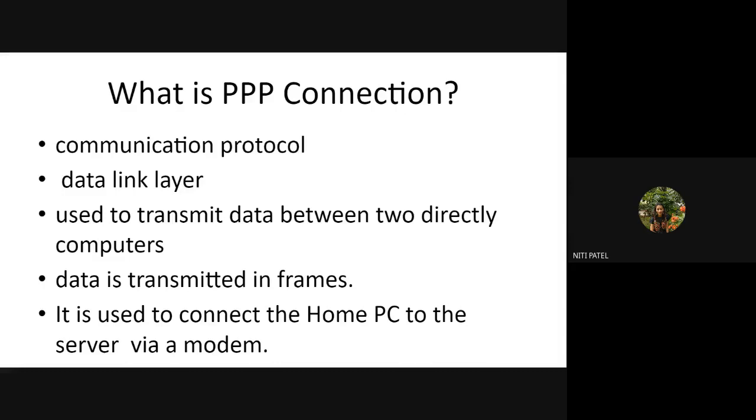As it operates on the data link layer, it communicates in the form of a frame. For every piece of data that comes from the network layer in the form of a packet, it converts that packet into a frame. It adds a source address and a destination address, which is nothing but the networking address, along with the data, and transmits it to the destination machine.